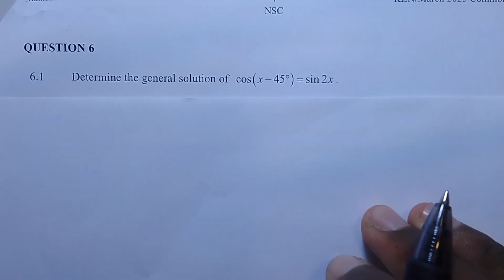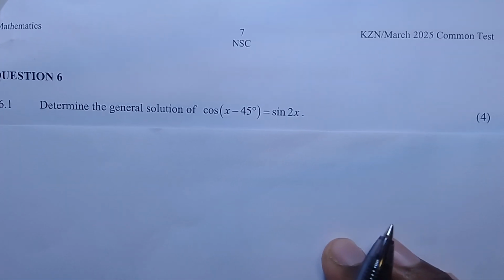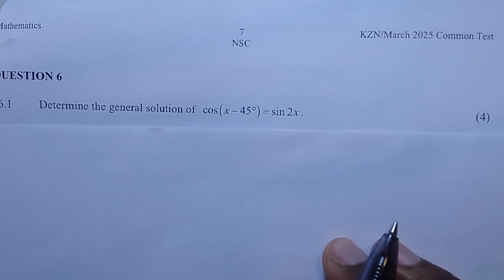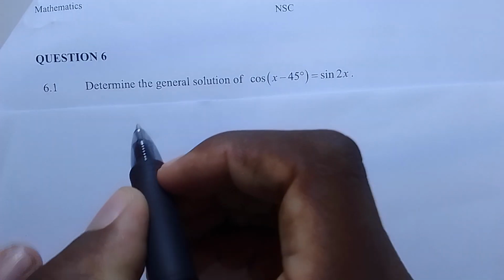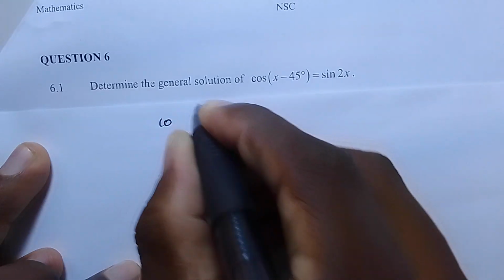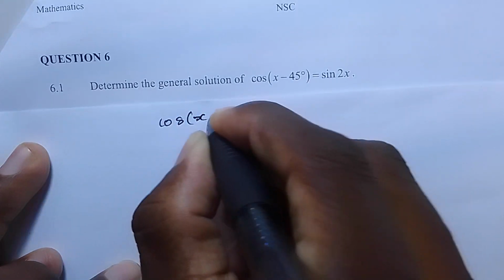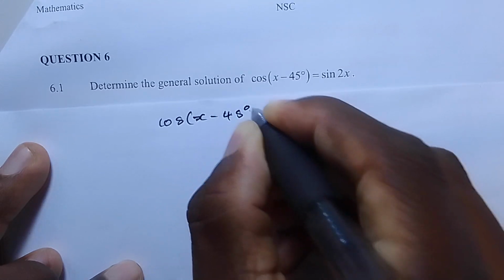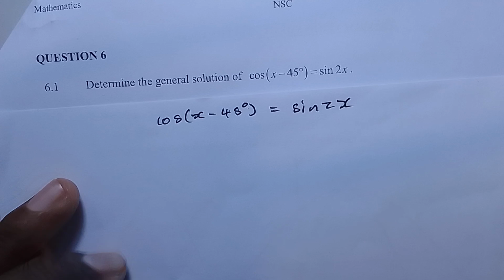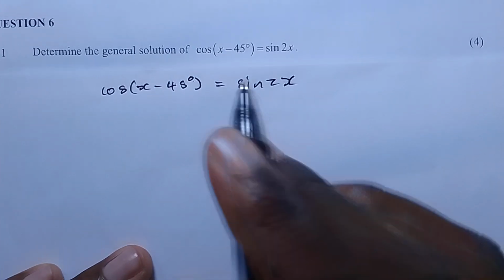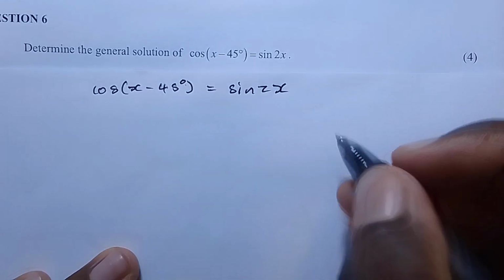In this video, we'll be doing question 6 of the KZN 2025 Common Test Paper for March. First question is, determine the general solution for this. So, we have cos(x - 45°) = sin 2x, and they want you to find the general solution. What you need to know here is that